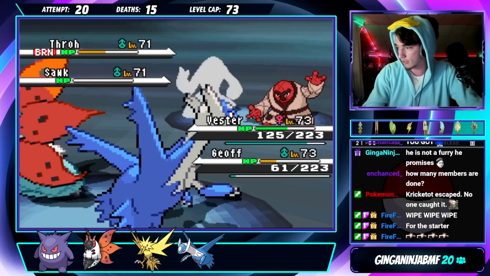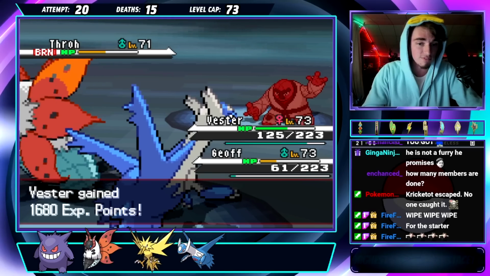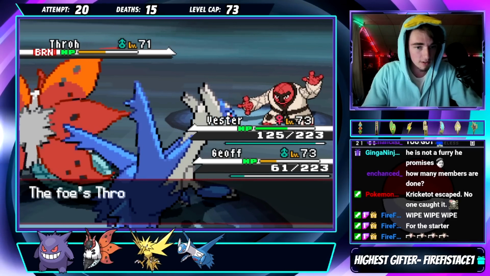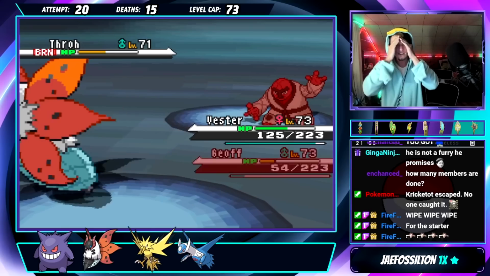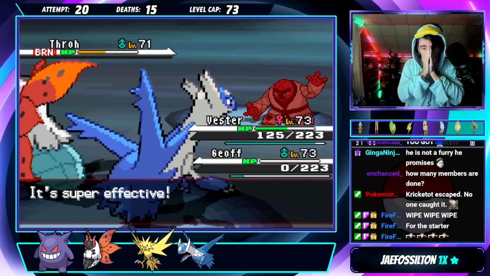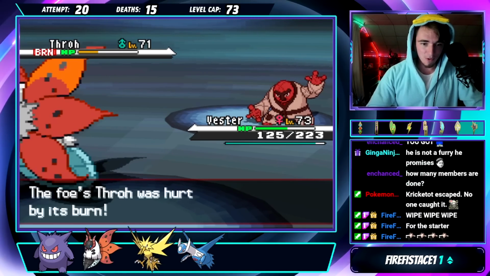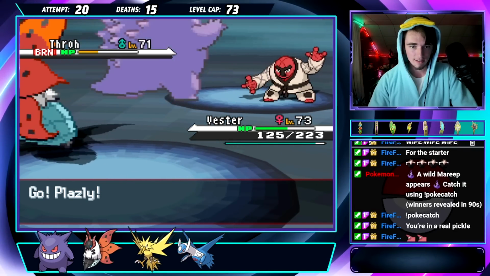Sock's gone. Throw's gonna attack. They probably do Rock Slide again. It could miss. If it lands, Vester dies. Jeff might live. Fling. That's on Jeff. Jeff dies. Dude. That's Pokemon, baby. Sadly, Jeff did not get his time to shine, but both Vester and Plasly will keep his legacy alive